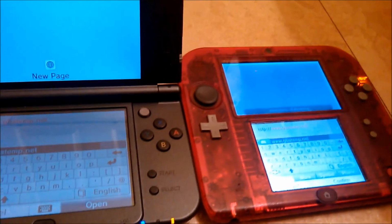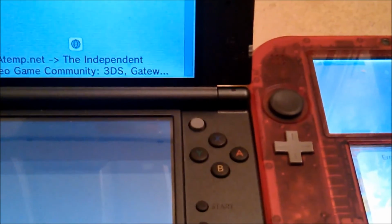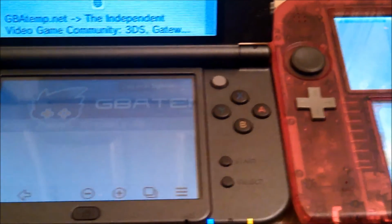gbatemp.com. I was originally going to do Google, but since GBAtemp is a larger and bigger site, I decided to do that one. Loading up Google is probably only going to show a slight difference because Google is such a light site. So I'm typing in the address on the new 3DS right about now. Okay, let's see which one loads it up faster. I have to set the camera down so I can push open on both of them at the same time. As you can see, it's still loading. So it's loaded on the new 3DS, but